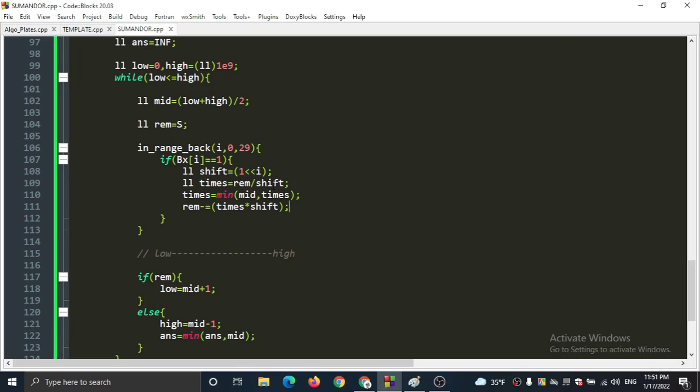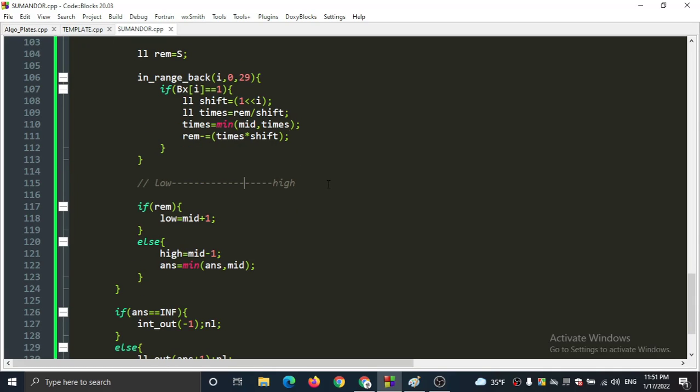That's why we are doing this binary search, just guessing each time. Now if the remaining number is not 0, then the answer doesn't exist here. In that case, we will discard this part. Now low becomes here and high is there. Now we'll make this iteration once again, and if the remaining number is 0, that means the answer exists here,